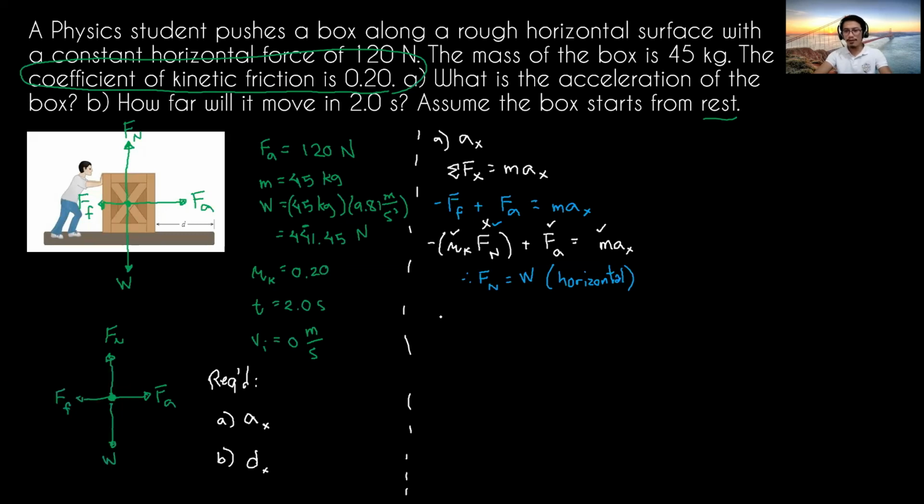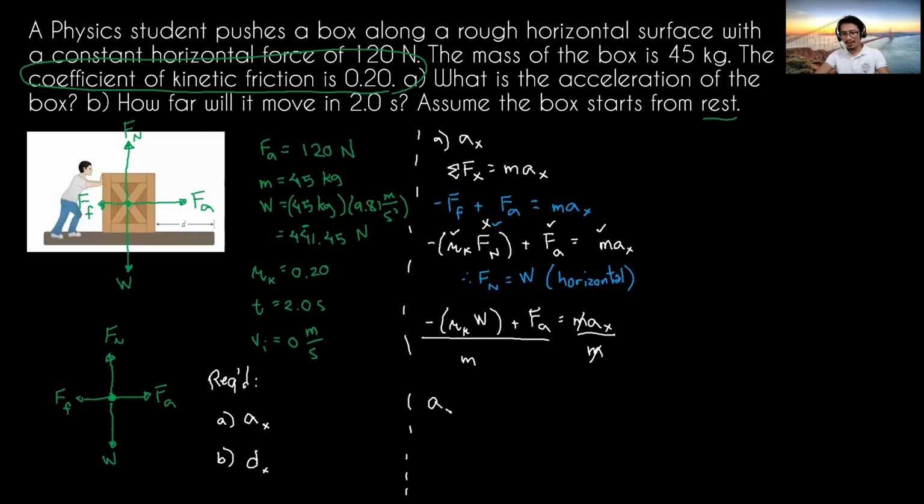So let us substitute all our variables. Una, we have mu K times the weight. Kasi weight, pareho lang naman sila. Is equal to Fa is equal to max. Since ang hinahanap natin is acceleration, so we can just divide by m. We can divide this by m. Cancel? Cancel. Follow? Okay, so acceleration along the x must be equal to negative